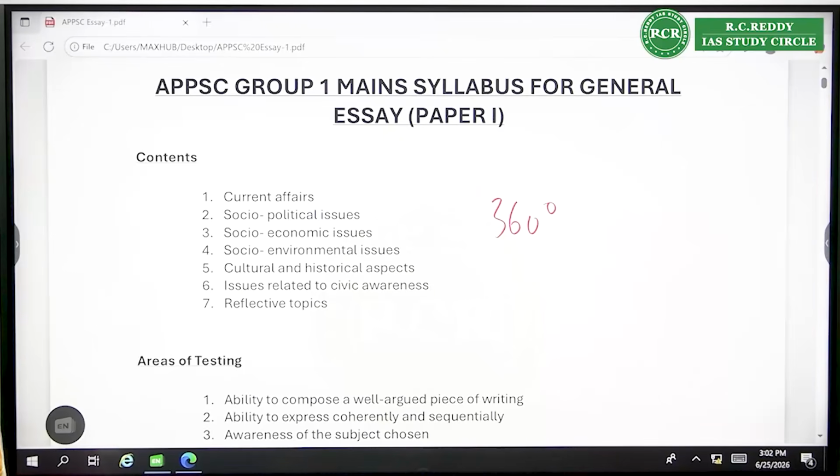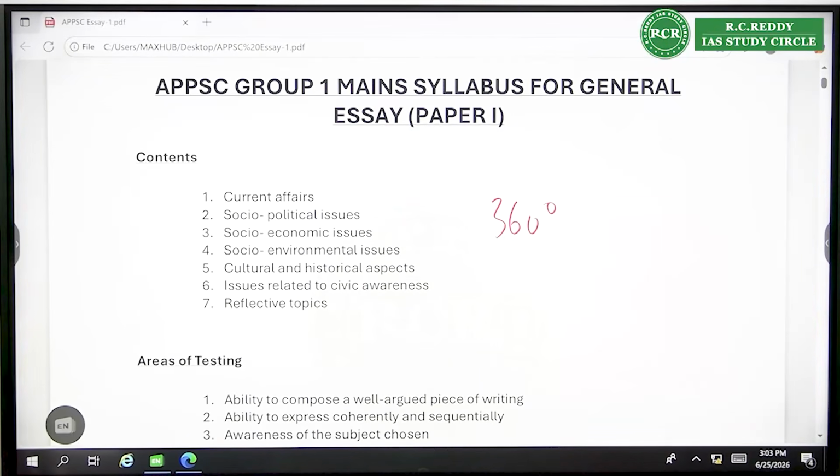Right? Yes, are we clear here? So these 3 points, these are your areas of testing. When you are writing in the exam, and before the exam when you are practicing, keep these 3 important things in your mind. Often students ignore this aspect. They just keep on randomly collecting content: I'll collect for social issues, or for political issues, for environment issues. That will serve no purpose if you don't know how to write or arrange things.